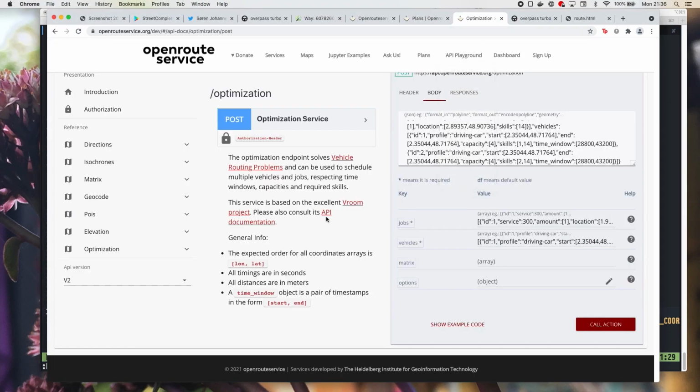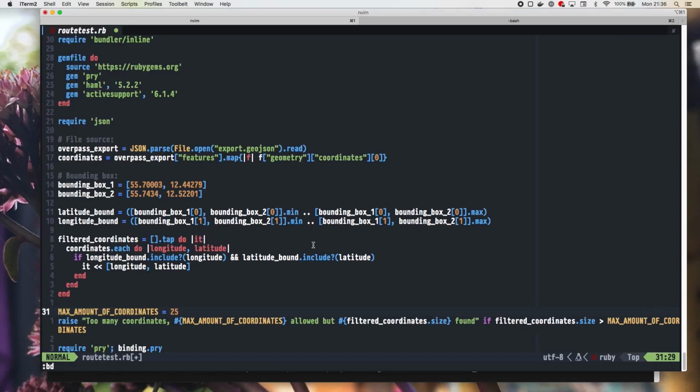I think I can only do 50 jobs at a time, but if I want to pass the route into Google Maps later to actually give me a route on my phone that I can drive, then there's also a limitation of how many stops I can have there. So I've just set it to 25, but it might need to be lower.